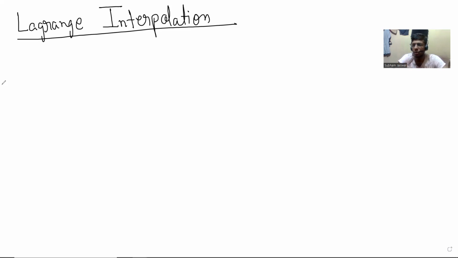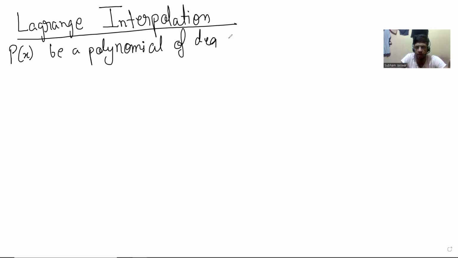Exactly. So we are trying to find the entire polynomial using few random points that are given to us, right? So it's all about determining the polynomial. That's one way to view it. So let P(x) be a polynomial. We'll do this gradually. A polynomial of degree less than or equal to, so now I'm putting less than or equal to, I'm not calling it equal to, I'm just calling it less than or equal to 3,